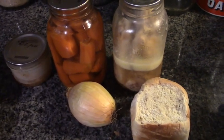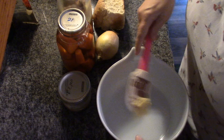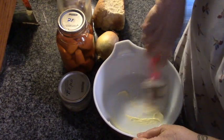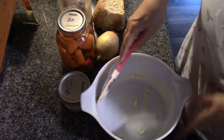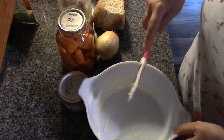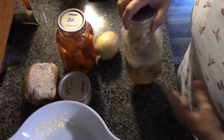Let's do this. First things first, I'm going to take this casserole dish and give it a good buttering. Can't find my pastry brush, but a good flexible spatula will do. There we go. Now, I'm going to start cutting up my carrots and onion. I'm going to set this in a bowl